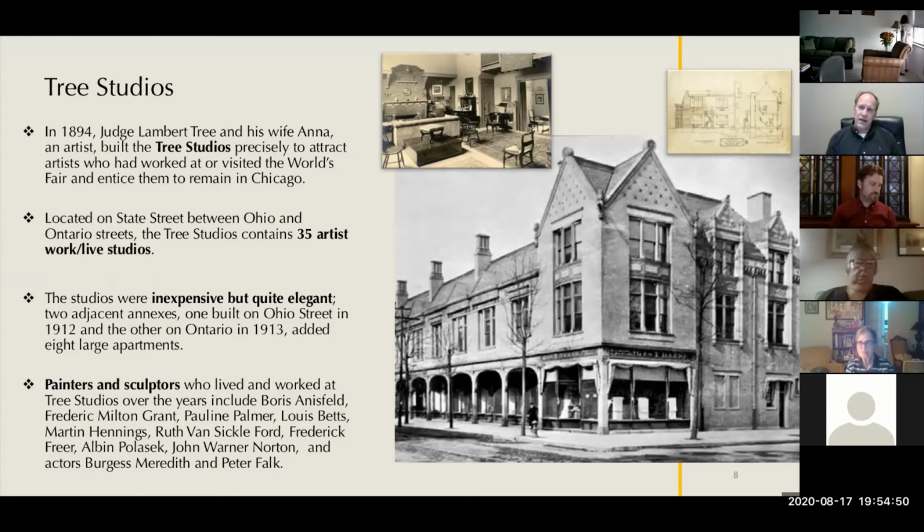And Anna and her husband, Lambert, decided that they wanted to create a residential and work residence space for artists who came to the fair, and they wanted to keep them in Chicago. So they built this wonderful building, Queen Anne style building, in 1894. It was finished in 1895. Has 35 studios,